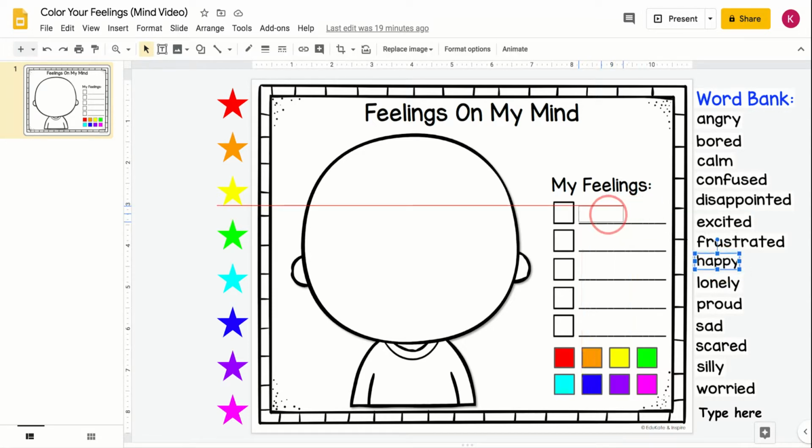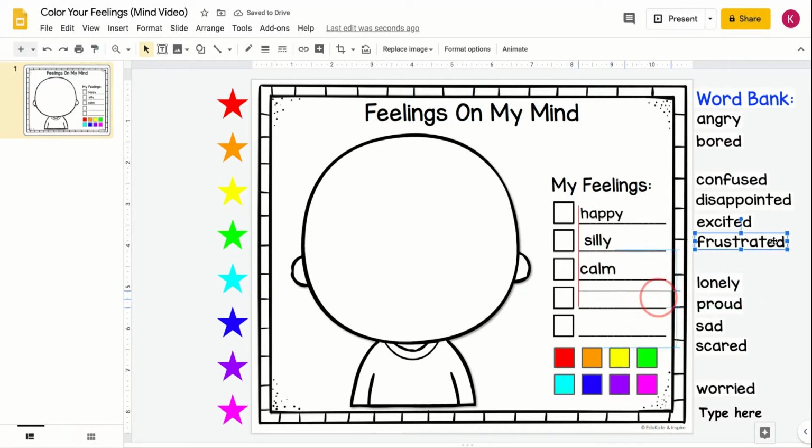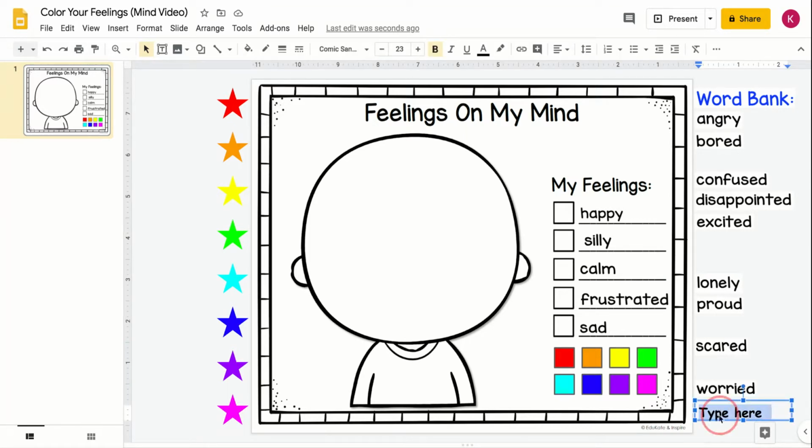I'm going to click the word and drag it over here to the line. I'll do silly, click and drag, calm, a little frustrated, and sad. Now, if you don't see a feeling word to describe how you're feeling, you can also come down here to the bottom where it says type here, and you can type right in that box to add a different feeling